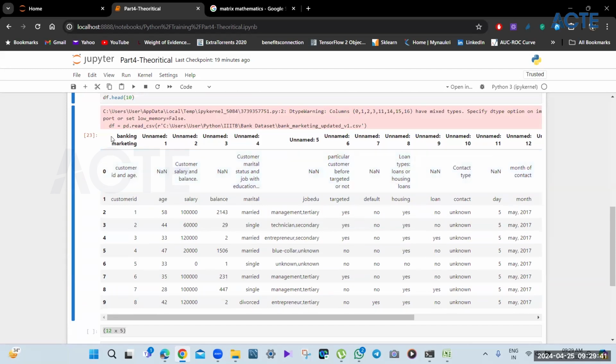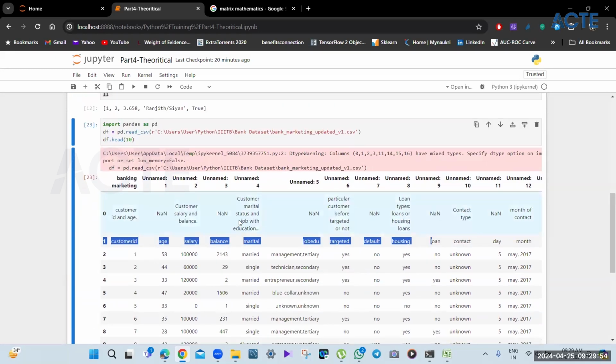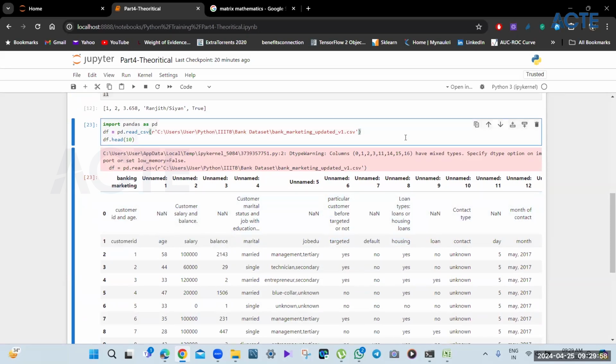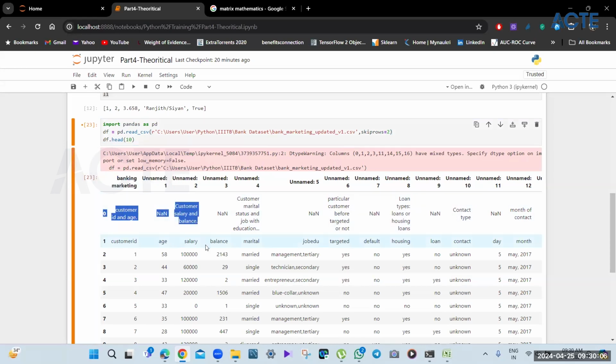So the first one, which was supposed to be the column name, actually is in the third row. This is the column name. This is not. So the first two are some error in the file. Instead of changing the file, which we will not do, we will try to fix it here. We are skipping the first 2 rows. If we write skiprows equal to 2, it will skip the first row and the second row, and it will consider the third row as the column name, and it will put everything accordingly.